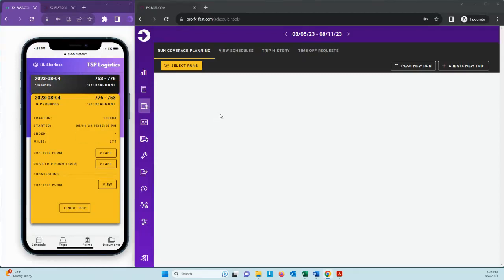Gonna walk everybody through our driver app for dispatch and scheduling, and then scheduling on this right hand side here is our admin view, back office view. We've got a menu down the left hand side. We're going to be focusing on the schedule menu today. So you can see there's a couple different options here. We've got a tab for run coverage planning, viewing schedules, viewing trip history, and viewing time off requests, things like